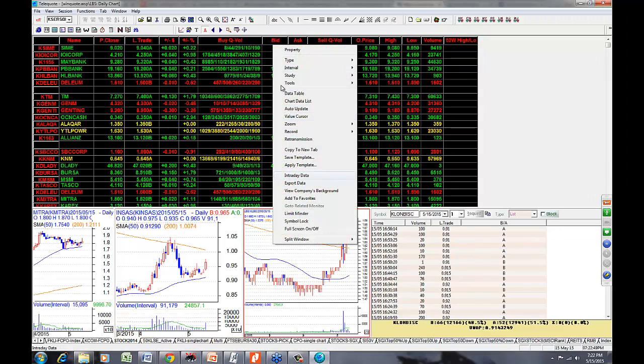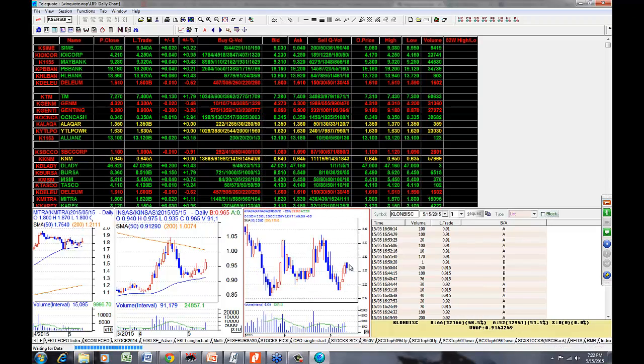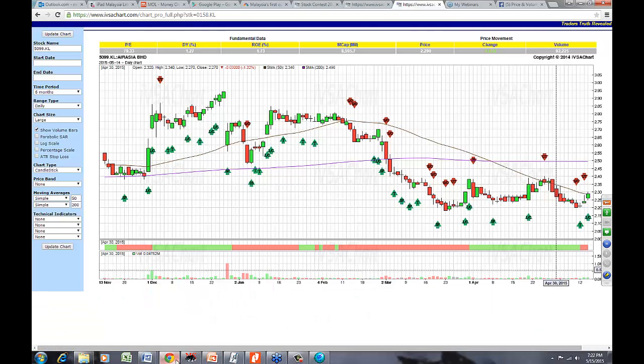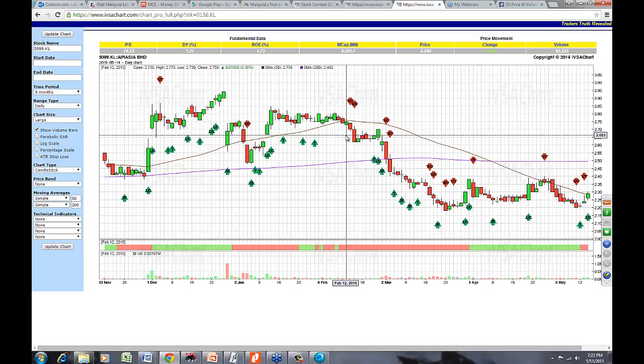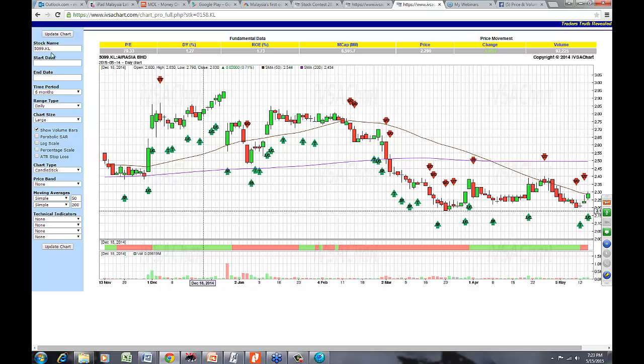Let's look at AirAsia today. Yeah, still it's not going anywhere. There's no edge on this. You can see this already turned red in here, and also it's still trading below the 200-day moving average, so it's still pretty much in the downtrend. I don't like it. I'd like it to crack back to at least 240 before taking a chance. That's not really a good trade. Don't buy this kind of share lah.